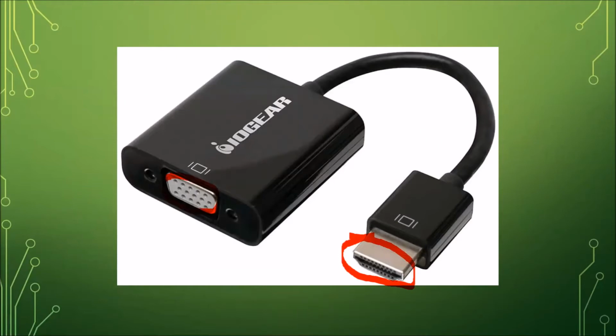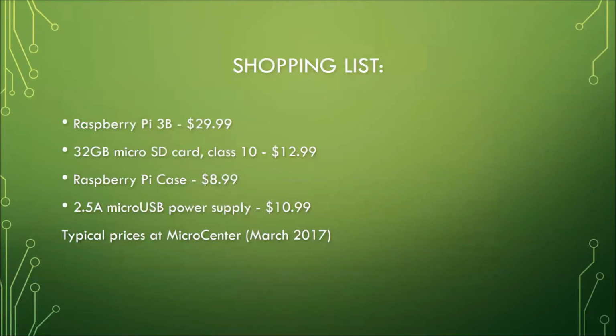So a shopping list, if you were to duplicate exactly what I did, might look something like this. The Raspberry Pi, these are prices from spring at Micro Center. They're probably similar at Fry's or Amazon or whatever. When I bought mine, the Pi was on sale for